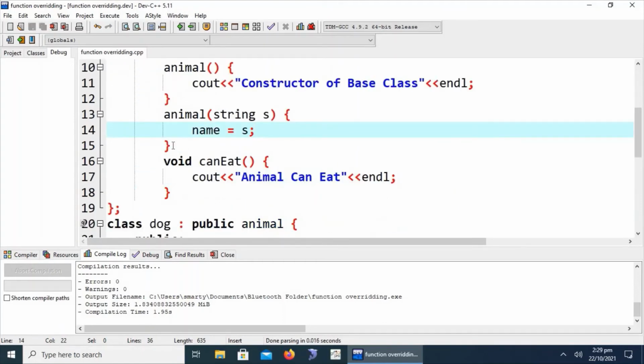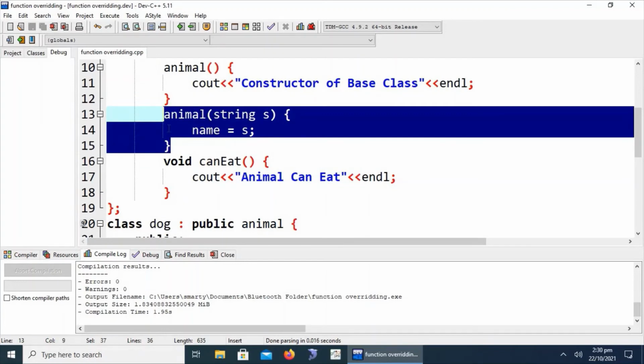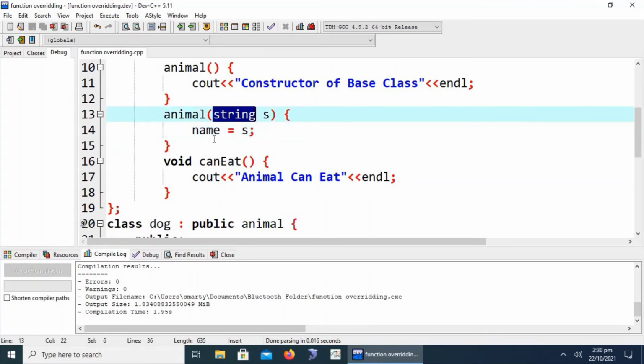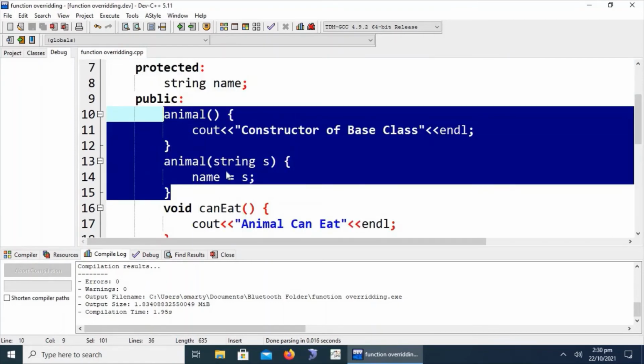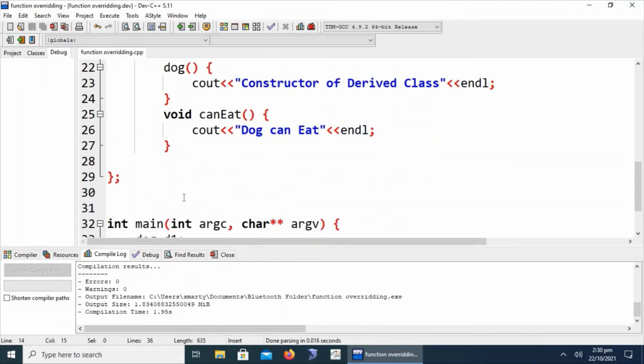Now what are we doing here? We are creating a parameterized constructor. This is also called constructor overloading. A class having more than one constructor with different parameters is called constructor overloading.